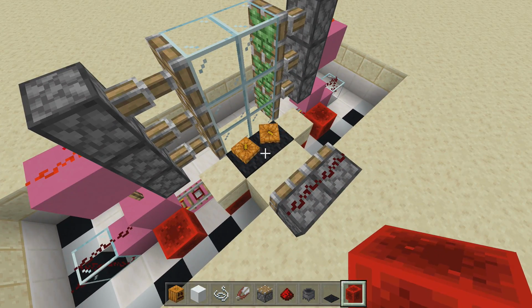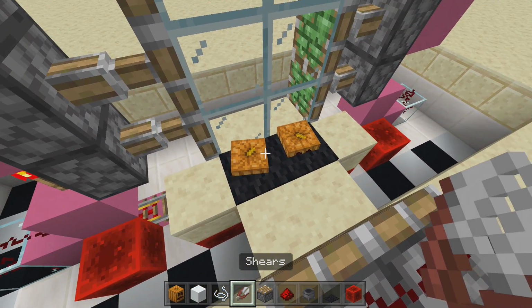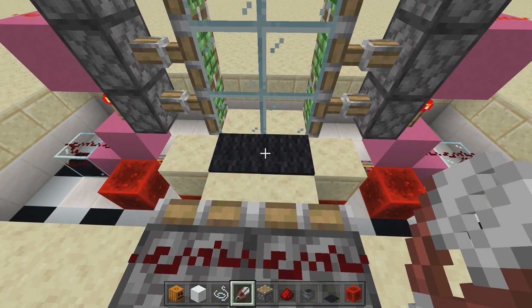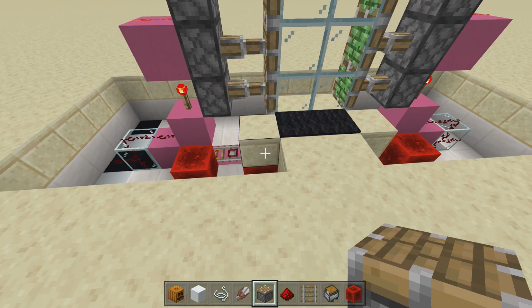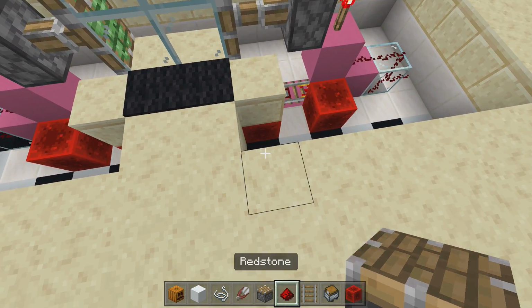They will not know what to do. Next up, we're going to take out our shears. I'm going to shear off the pumpkins so you won't see their pumpkin head sticking out of the ground. Next up, right in both of these corners, we're going to place a rail